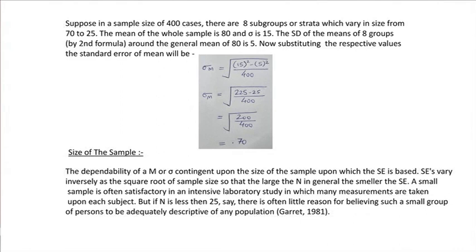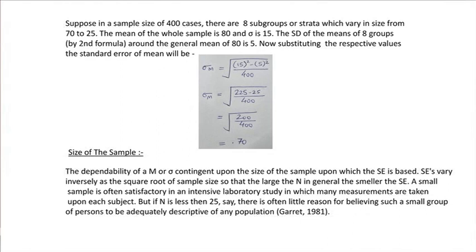The mean of the whole sample is 80 and the SD is 15. Now, the SD of the means of the 8 groups, by the second formula, around the general mean of 80 is 5. As I told you, we have to calculate around the entire sample. Now, substituting the respective values, the standard error of the mean will be